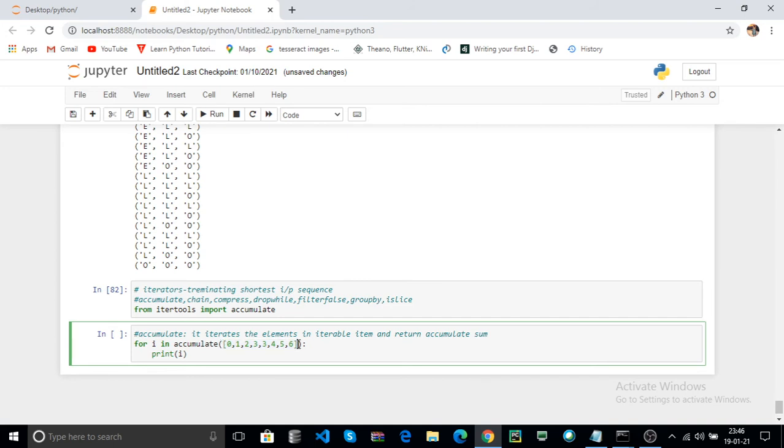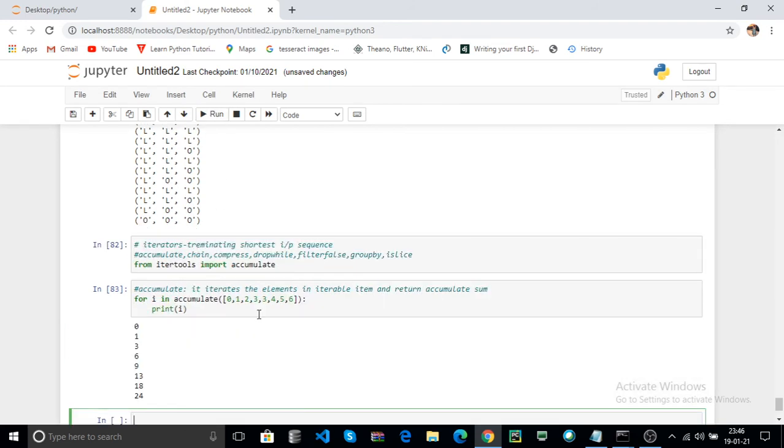After completing the input sequence, it is terminated. Here click on run. In the first iteration 0 is printed.